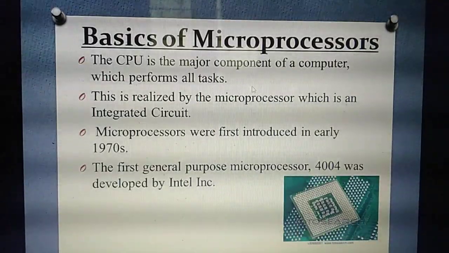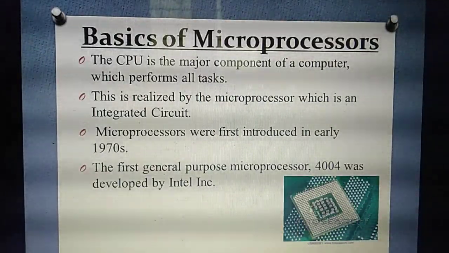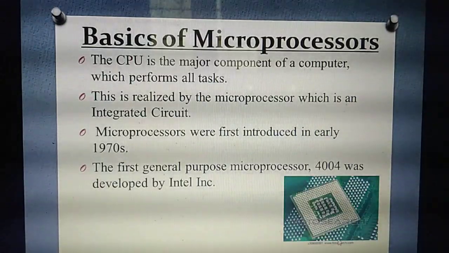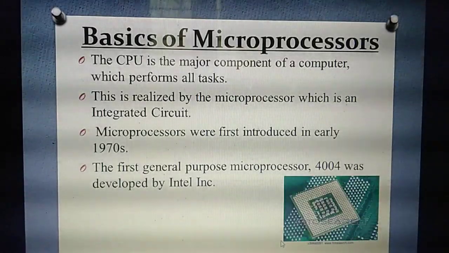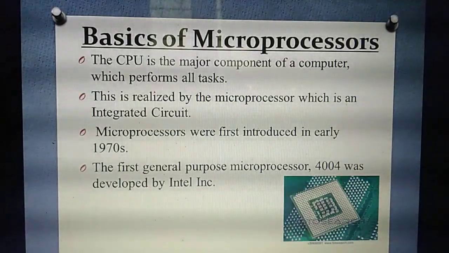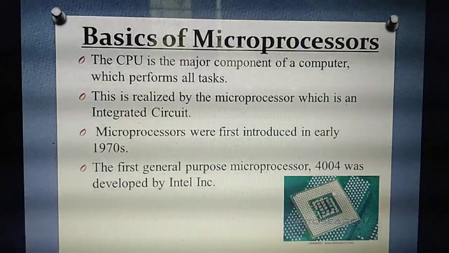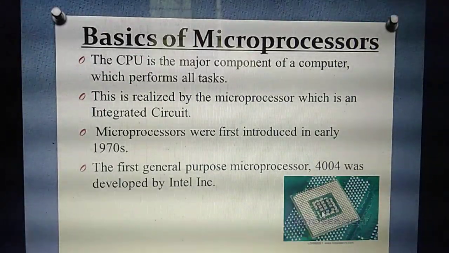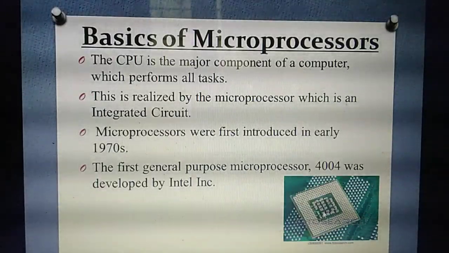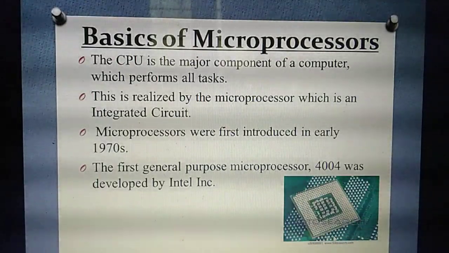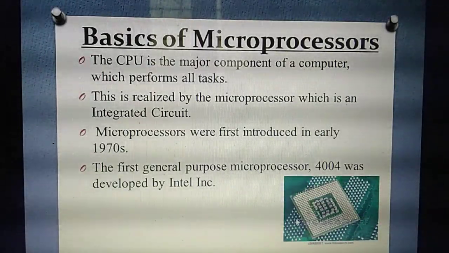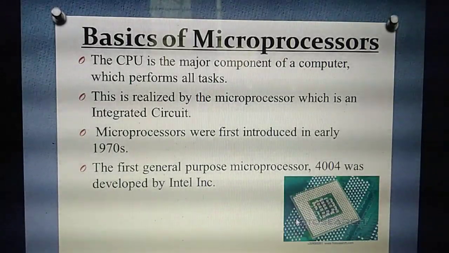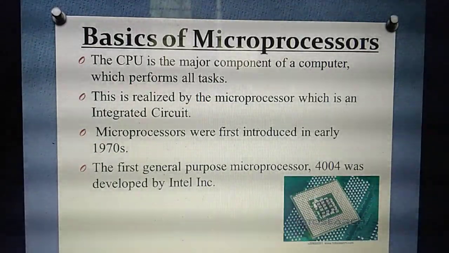So listen, this microprocessor is an integrated circuit. What do I mean by integrated circuit? You might have studied it in physics, I think. This microprocessor is kept inside the motherboard. Integrated circuit means something is already programmed and loaded, with a lot of chips. There are small portions in the chip, the microchip. All these things are connected and overlapped, like an electric circuit. Understand? A very important question follows.